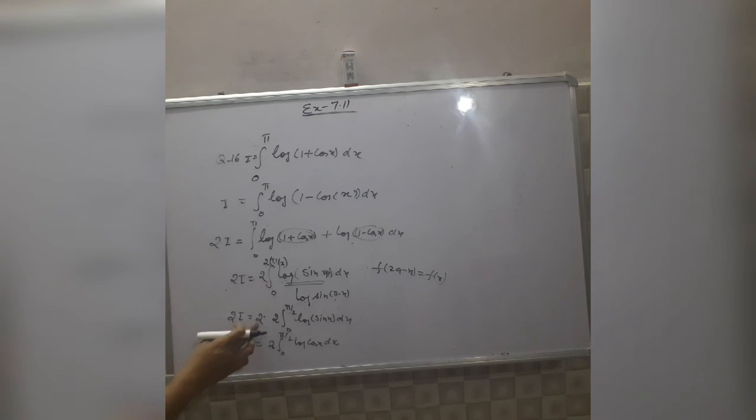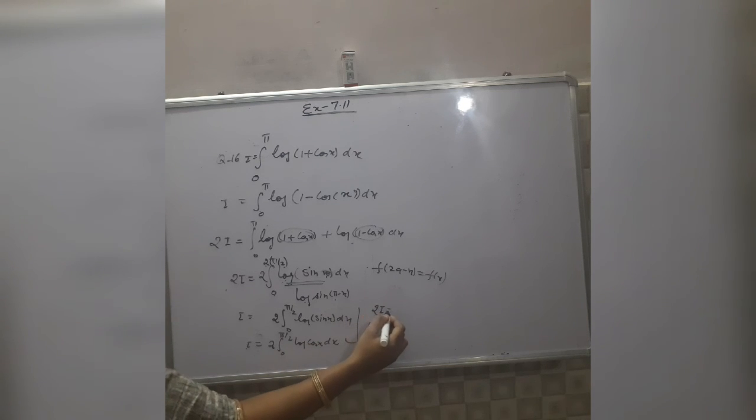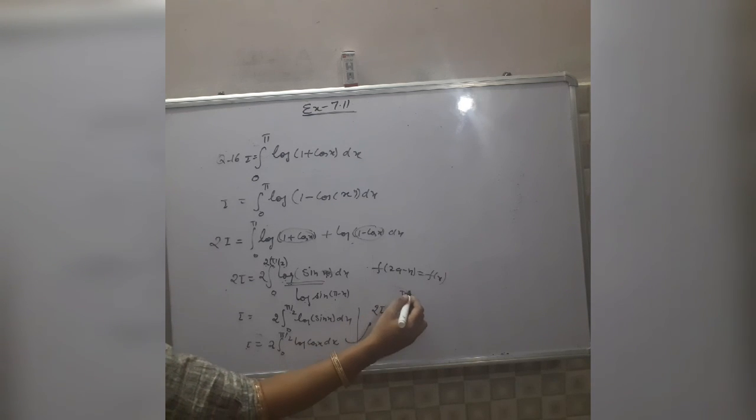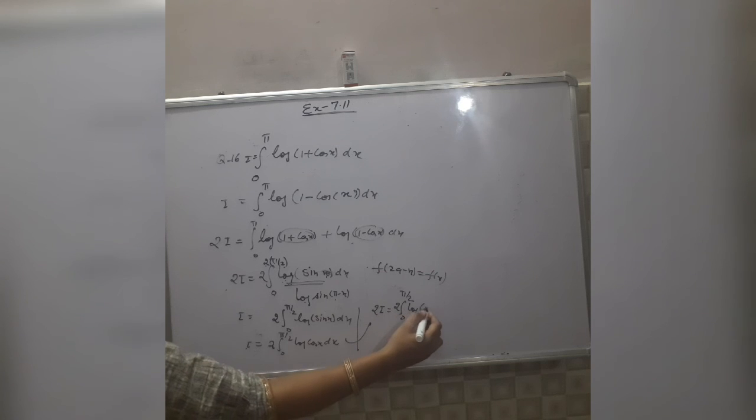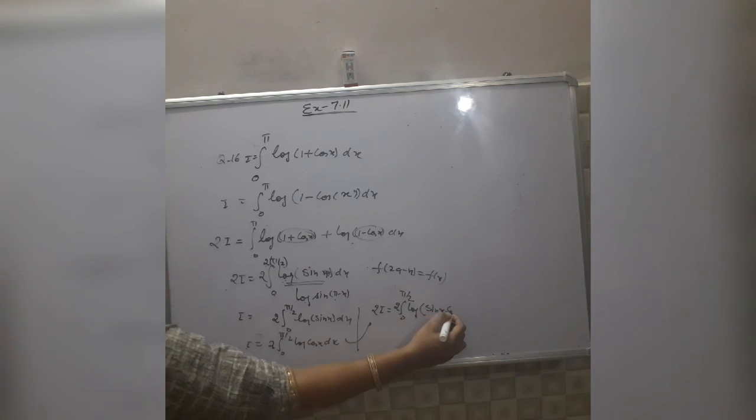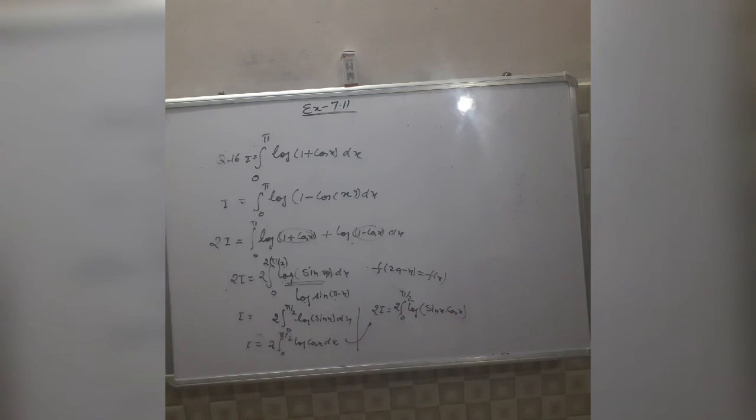Now if you add these two, cancelling here also, I is equal to this, here also I is equal to this. When you add these two results, then log of sin x plus log of cos x, again using the formula of log m plus log n, it can be written as log of m into n. So 2I is equal to twice the integral from 0 to pi by 2 of log of sin x into cos x. Now adding and subtracting